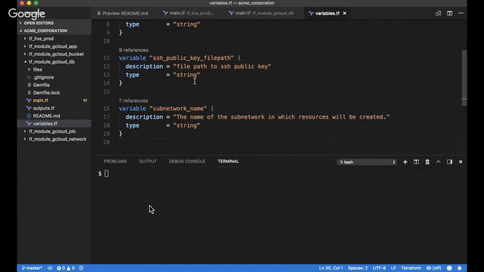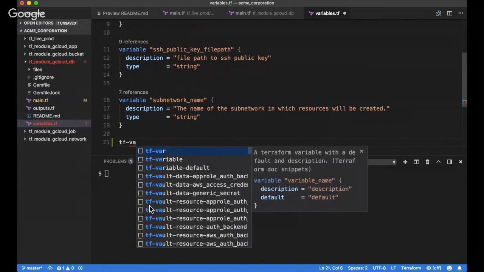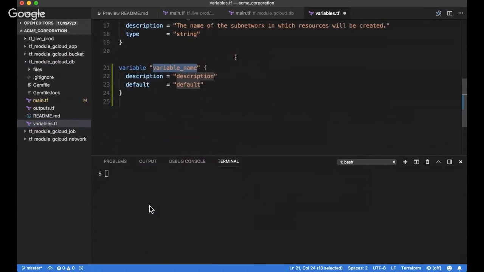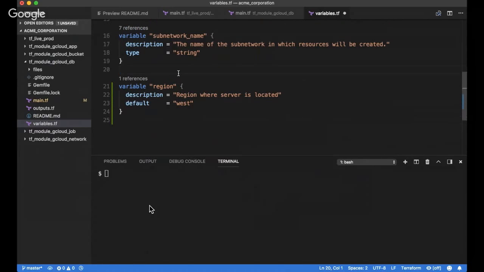So after that, we need to make a Terraform variable. And this Terraform variable, we'll just call it region, as we specified in the main.tf. And we'll just create a default or a description set of what this is for. And since this Terraform module is deploying to US West, we'll just do a default of West already, just so it's easier to continue on with the demo.